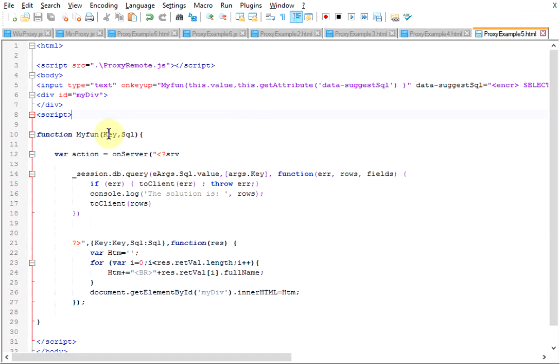This time, this function will accept not only the key as a parameter, but we'll also accept the SQL as a parameter. Now, of course, this creates a major security problem because you don't want to give the user a function that accepts an SQL and executes it on your server. However,